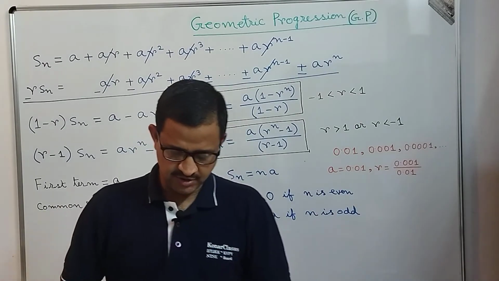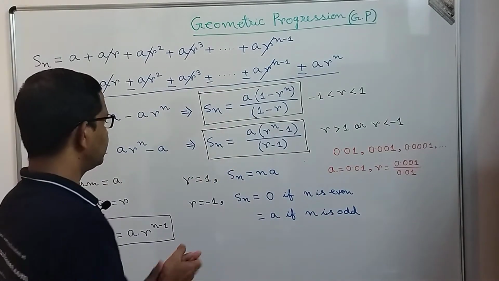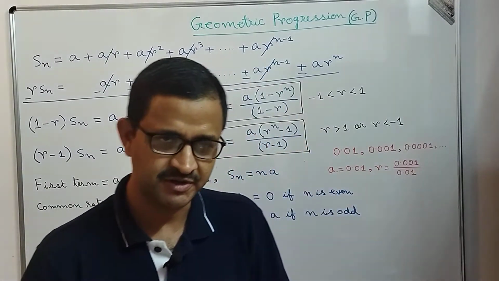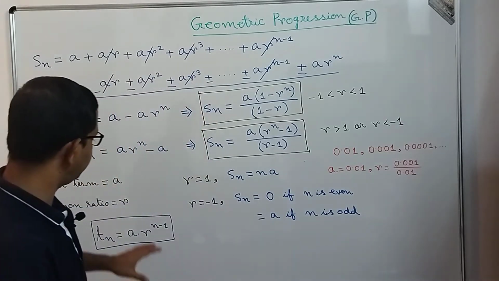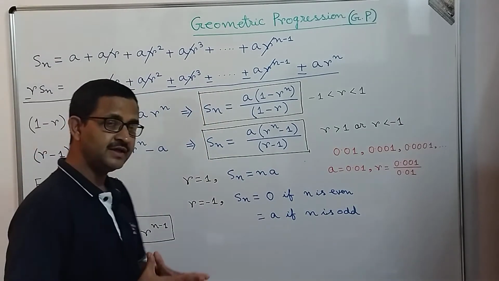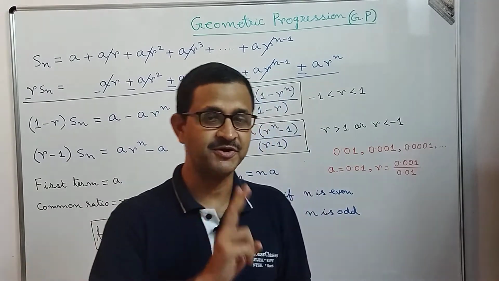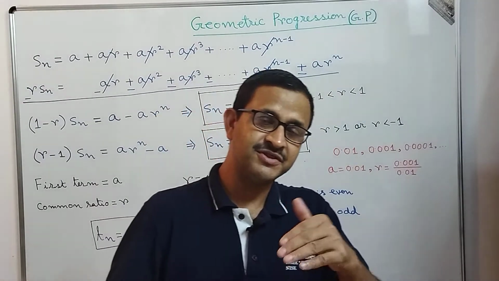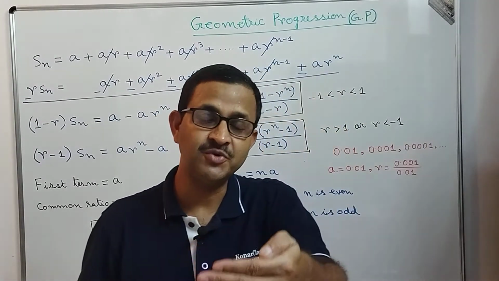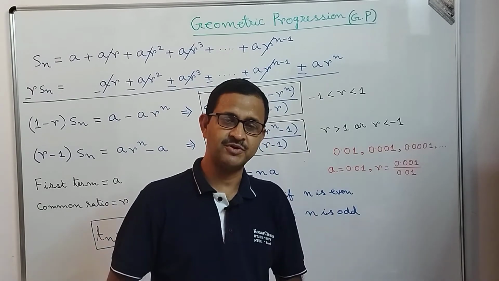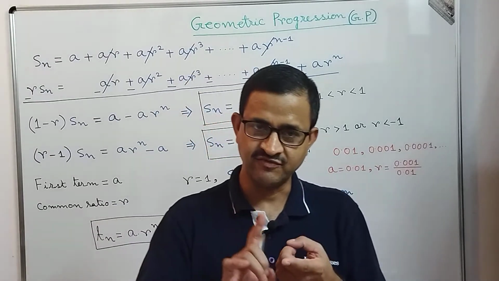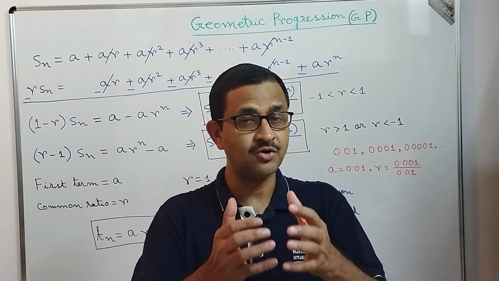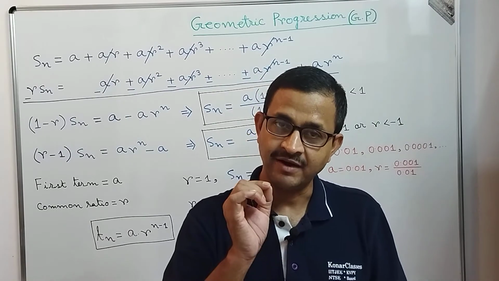So we are going to solve a few questions. The most important part is solving questions on geometric progressions. Now, before I proceed, if you recall, in arithmetic progression also there are two important attributes. The first one is the first term, denoted by A, and the second one is the common difference, generally denoted by D. In case of geometric progression, here also there are two attributes. The first one is the first term denoted by A, like arithmetic progression, and the second one is the common ratio, denoted by R.